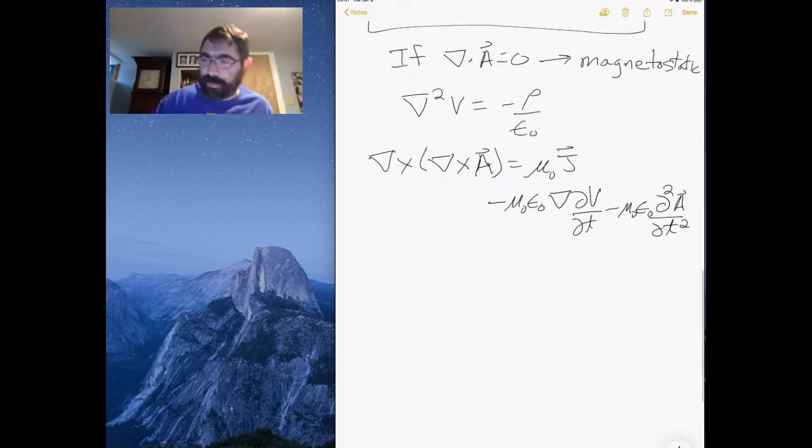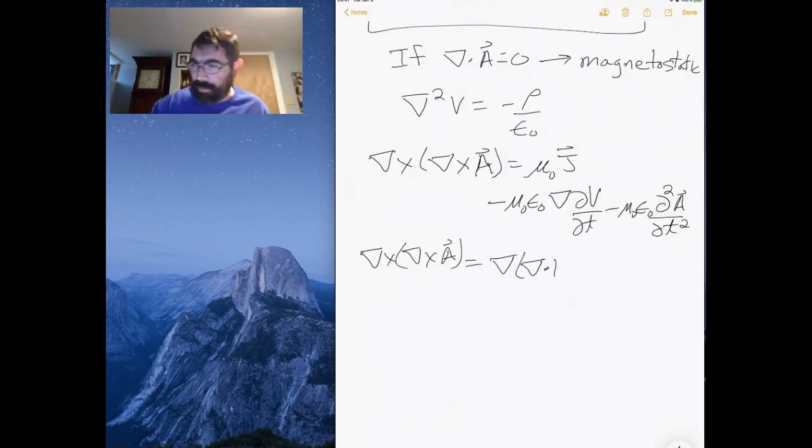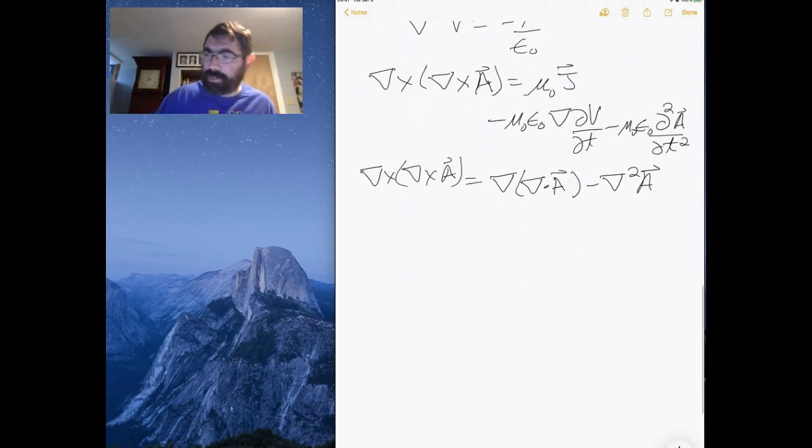Because we can do a vector substitution, which says the curl of the curl of a vector is del of the divergence of that vector function minus the Laplacian of that vector function. Okay, so if we plug that in to what we have up here, then we would have del